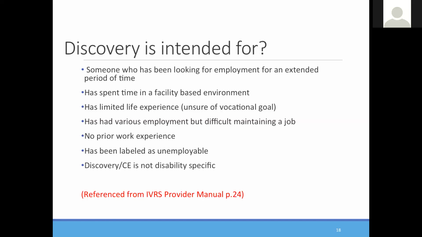Has had various employment, but has difficulty maintaining a job. I imagine many of us have worked with those folks where getting them a job is easy. It's the keeping it part. We're still missing something there. And an example is an individual that we worked with